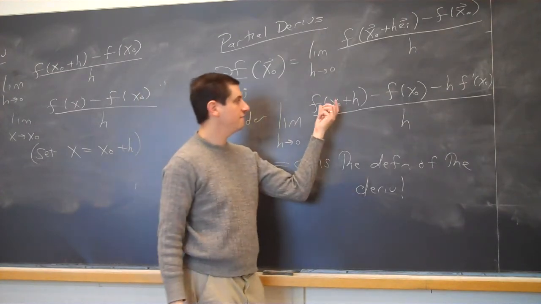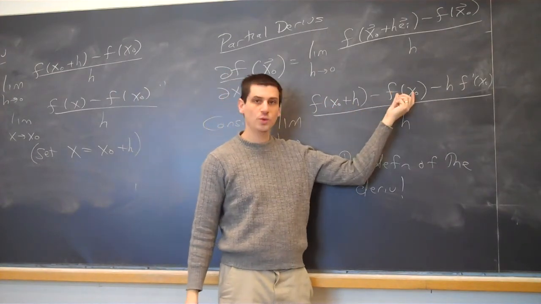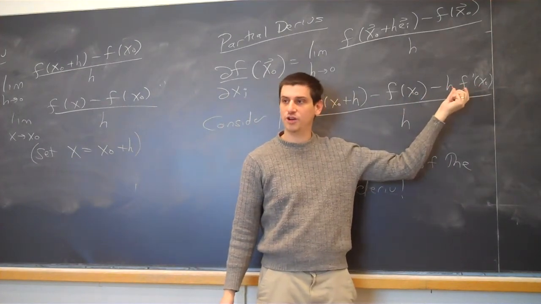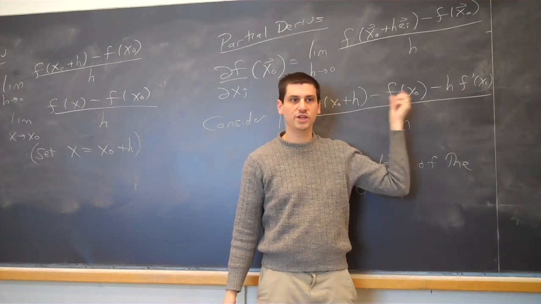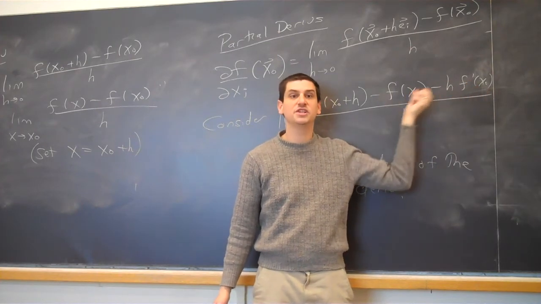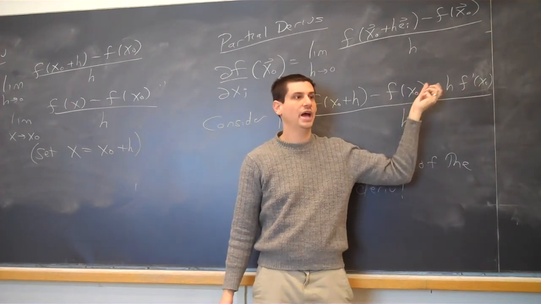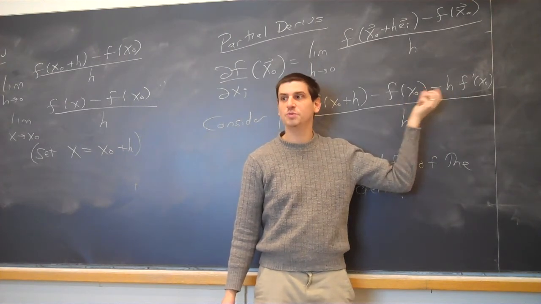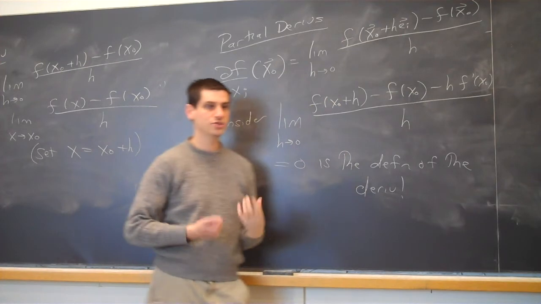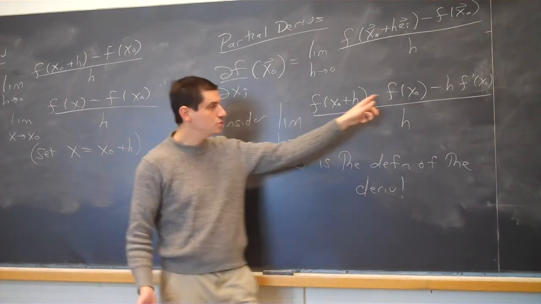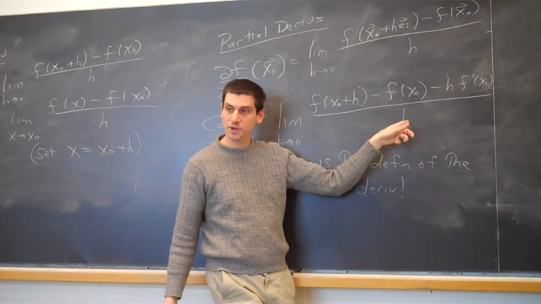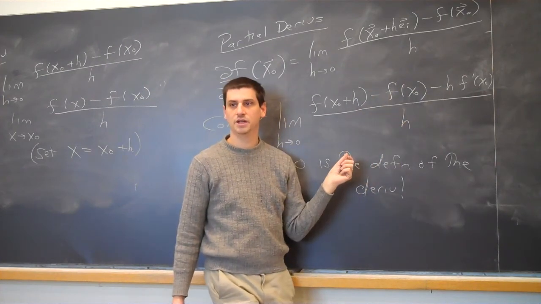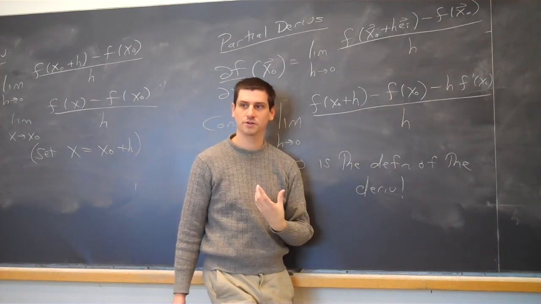What we're doing is we're taking our function, we're subtracting off where we are, we're subtracting off our instantaneous speed times how long we've traveled. Or another way of looking at it is we're subtracting off the tangent line approximation. And when we subtract off the tangent line approximation, it's supposed to be really small. How small? This is going back to quantifying. It's so small that even when we divide by how much we've traveled, it's still going to have zero limit in the end. It's a really good approximation.